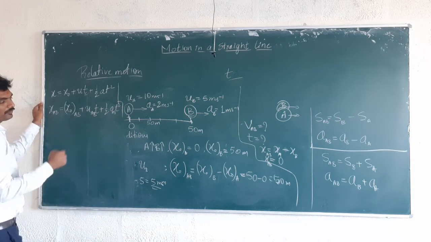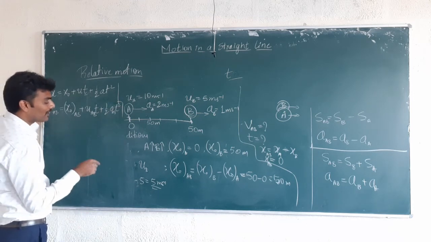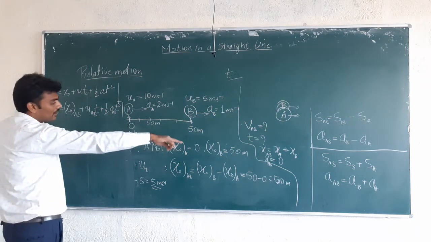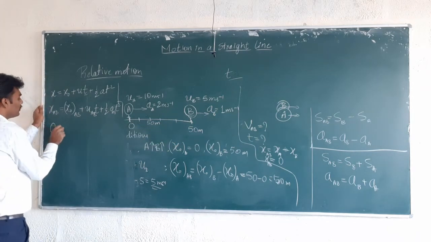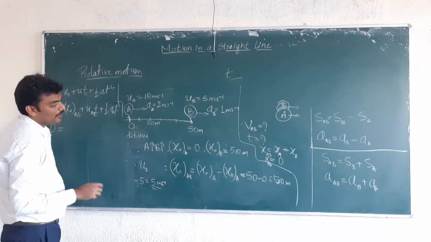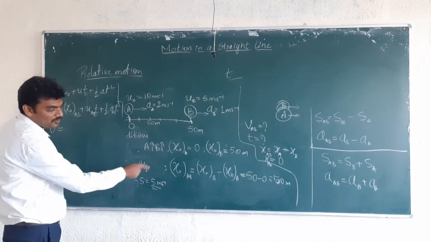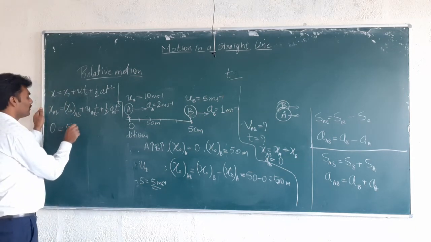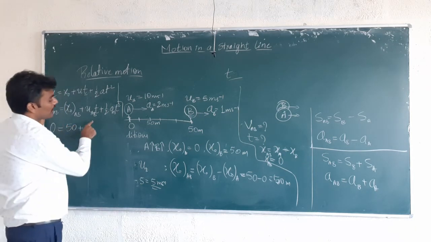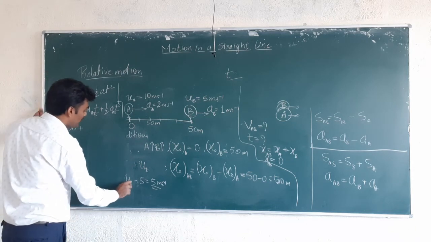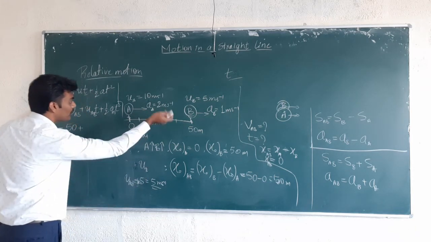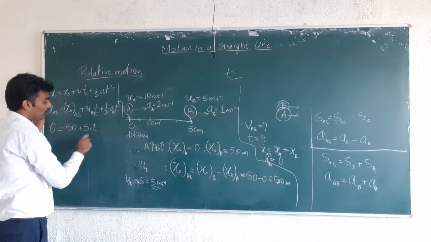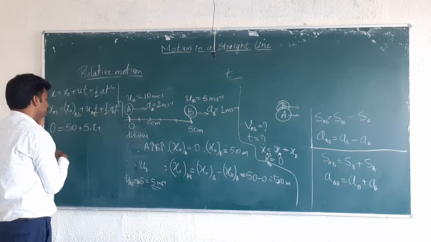So xab, the relative position in the final situation, is 0, which is equal to the relative position of the initial situation. Relative position of the initial situation is 50 meter. 50 plus relative initial velocity uab, 10 minus 5 meter per second, times t. Time has to be found, plus half